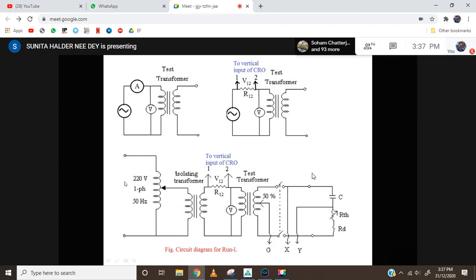What is the use of the isolating transformer? Yes, ma'am. You will not see this isolating transformer in other circuits, but it is required when we are observing any waveform in the oscilloscope, and we are observing very low current, so there should not be any mixture of the signal with other signals. For that reason, the isolating transformer obviously will not make any voltage step up or step down, so the turns ratio of the isolating transformer is 1:1.